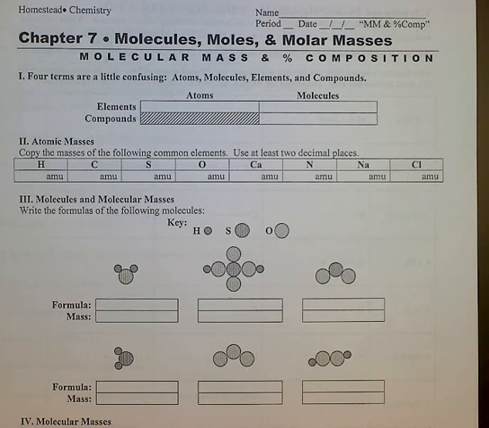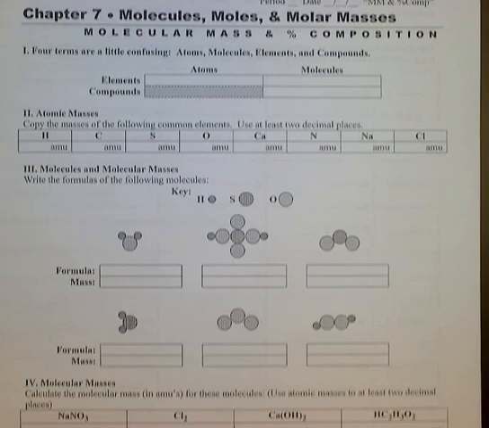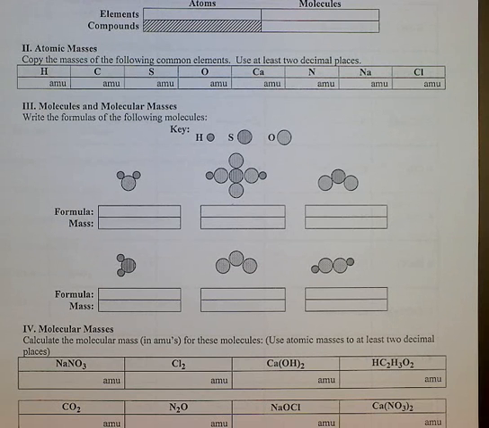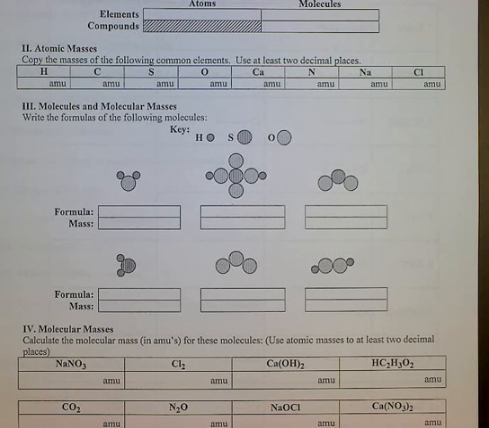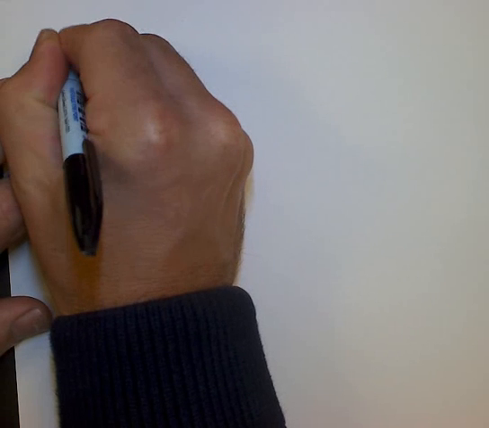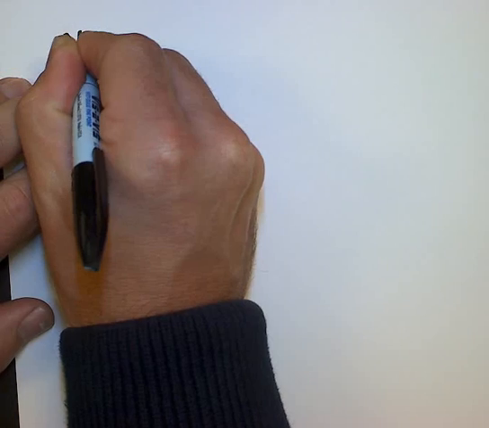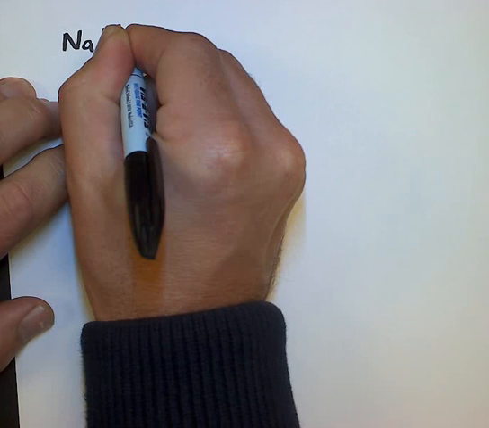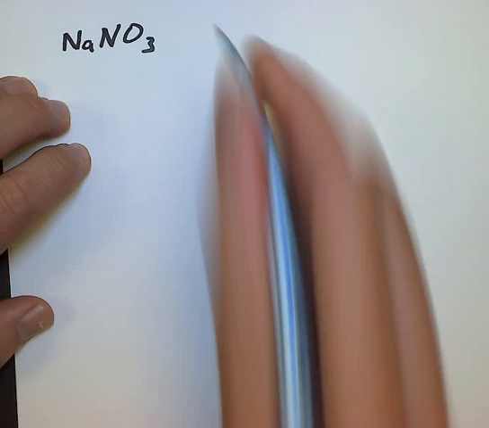So make sure you have this worksheet out. We're going to move down here to the bottom. We're going to skip the simple ones on the top, and we're going to look at these compounds. We're going to look at sodium nitrate first. In order to write this out, I'm going to switch papers and write them out on this sheet here, so we have a little workspace. So there's the equation for sodium nitrate,